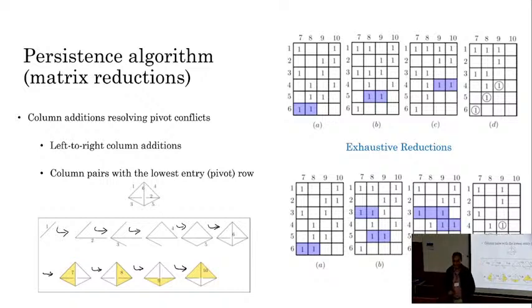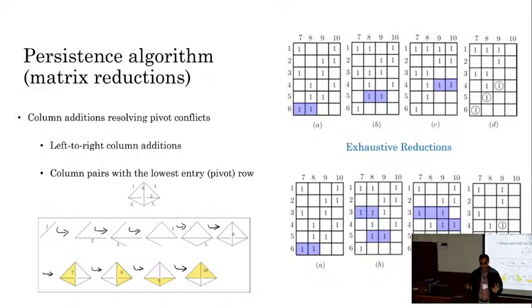Is this pairing unique? It is unique up to the order. You have to order 7, 8, 9, 10. Once you have fixed the order, then it is unique. And as I said, persistence is only for a function, and the function is given by that ordering. Once you change the ordering, then you have taken a new function. It's a new persistence.